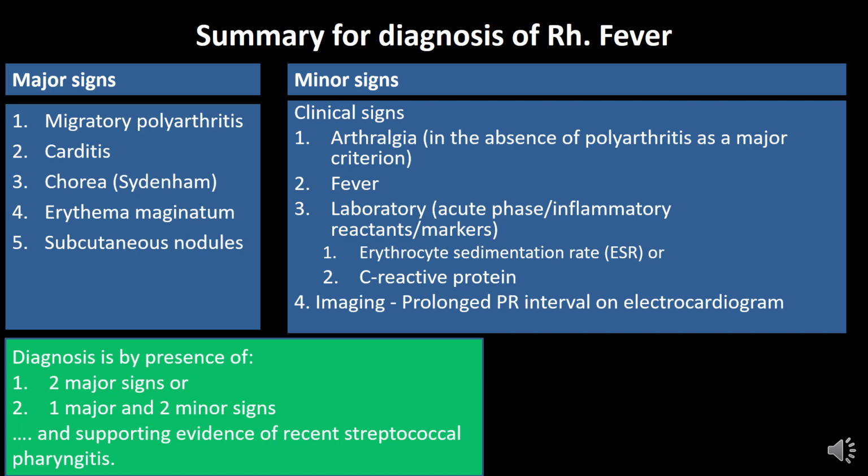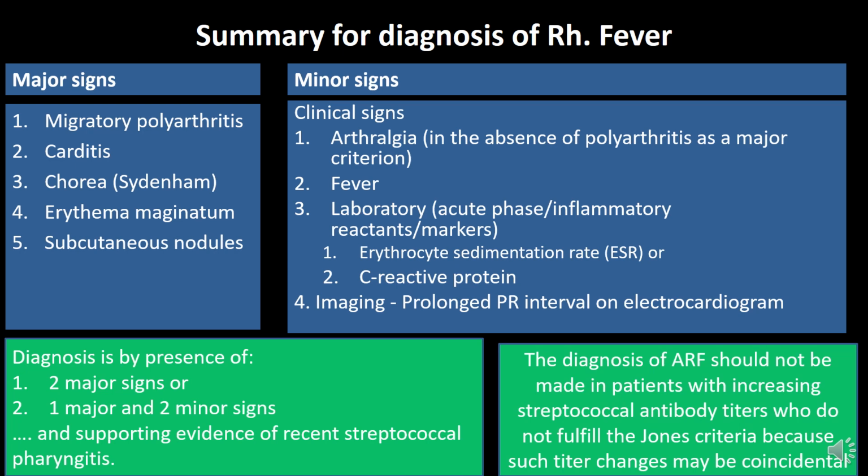Therefore, like we already said, diagnosis is made by the presence of 2 major signs or 1 major sign and 2 minors, and in both cases, there should be supporting evidence of recent streptococcal pharyngitis, which we have just talked about less than a minute ago, that it is better to do the 3 antibody titers rather than only 1 for better outcomes. ASOT only will be positive in up to 85% of patients, but when you do the 3, then you have a higher chance of having the evidence for streptococcal infection. Why? We don't want to underdiagnose and we do not want to overdiagnose.